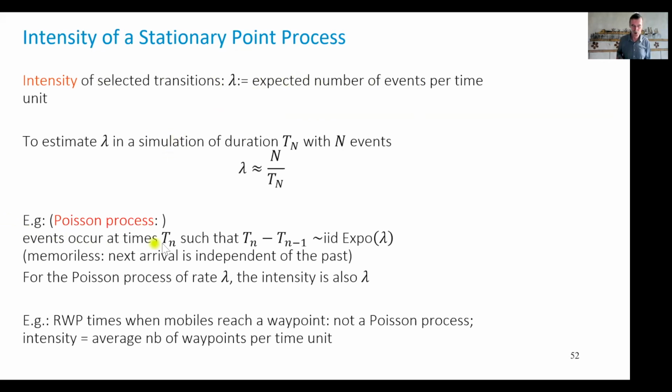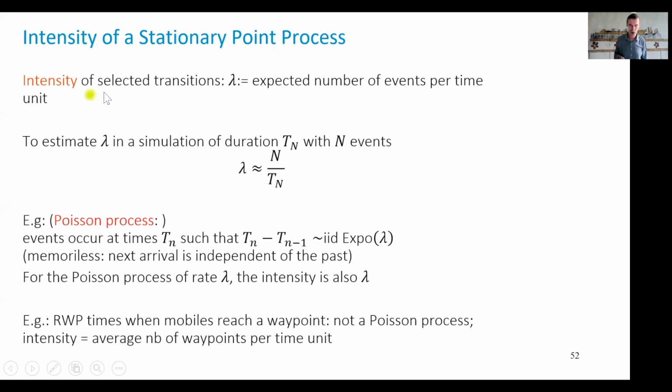We have seen our good old friend, the Poisson process. The Poisson process is a process where events occur at times Tn, such that the difference between two event arrivals is IID exponential with rate lambda. And of course, it has this particular property of being memoryless. Given that you saw an arrival now, that gives you no clue when the next arrival will be, because the exponential random variable is memoryless. It has this interesting property of the tail that we have seen, is very specific and might be useful to know whether we should use this distribution or not.